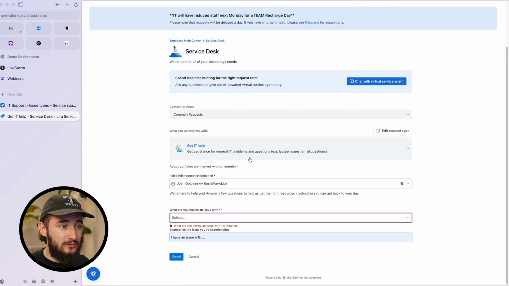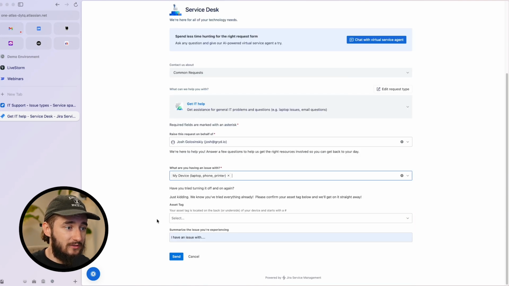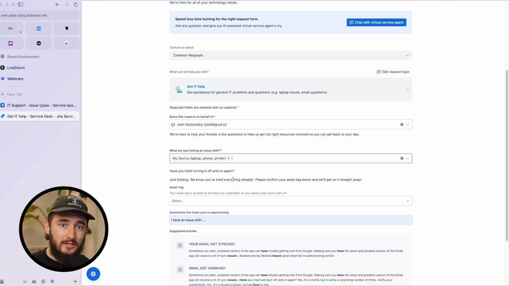And if I don't use system and access and I go with my device, I get an entirely different set of questions. So instead of showing 20 different questions to an end user, you cater and only show what's relevant to them in that particular moment. That's what you want to do with conditional forms inside of Jira to get maximum adoption for your portals, which is by far the best way to start using IT or Jira Service Management for your IT teams,